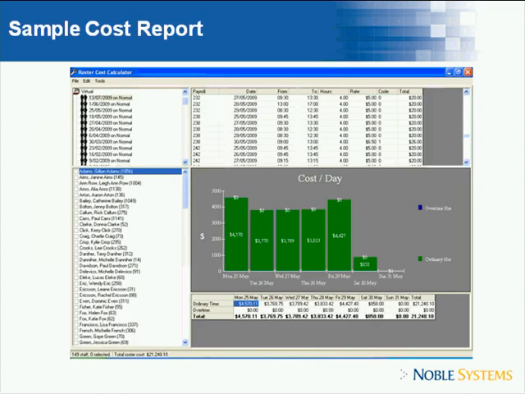We'll just go through a few of the reports. As I said, there's about 70 reports in the system. Obviously, some are more frequently used than others. This is a sample cost report that you're seeing here. So we've got the ability to go into the system and find out how much our roster is going to